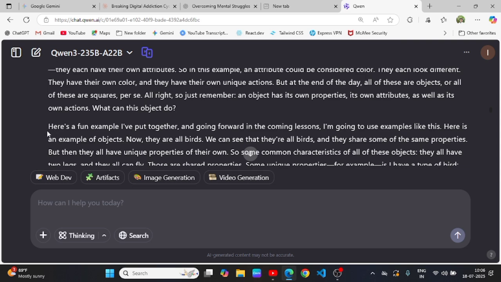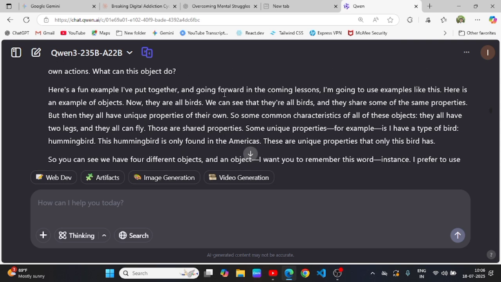Here's a fun example I put together. Going forward in the coming lessons, I'm going to use examples like this. Here is an example of objects. They are all birds. You can see that they share some of the same properties, but they also all have unique properties of their own.